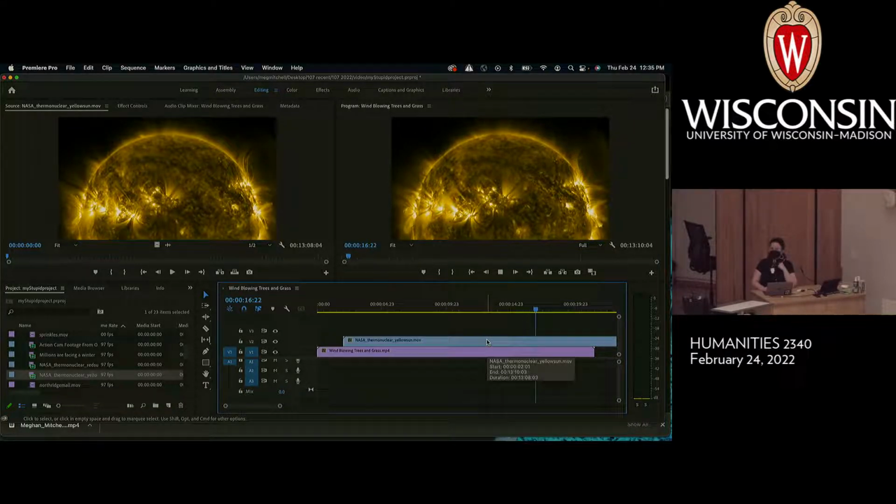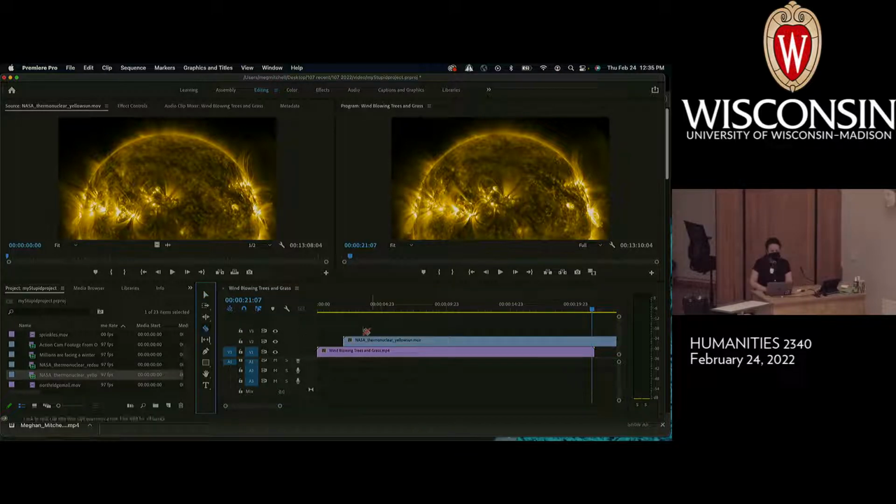So that's what tracks do. They basically lay on top of each other. So if we wanted to, let's say, only have this display for a couple of minutes, we could cut this clip. So to cut clips, which is kind of like the very first step of this thing we call editing,